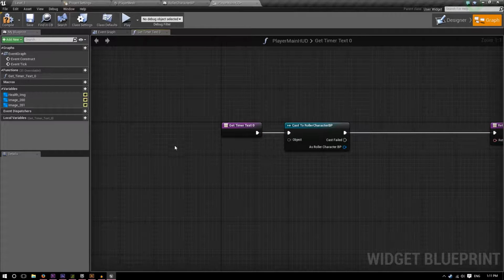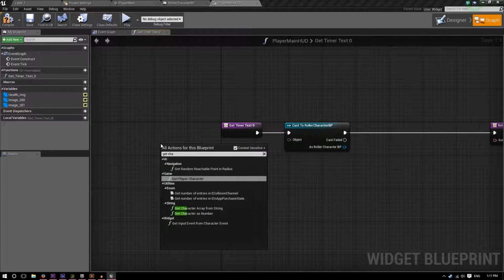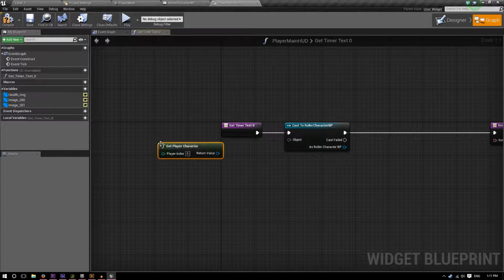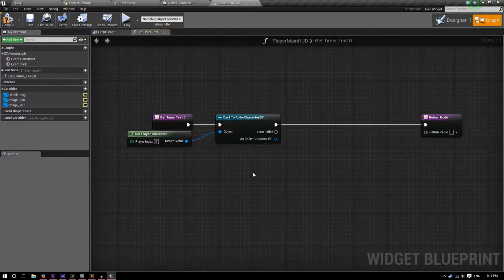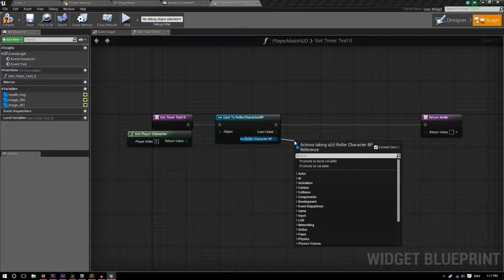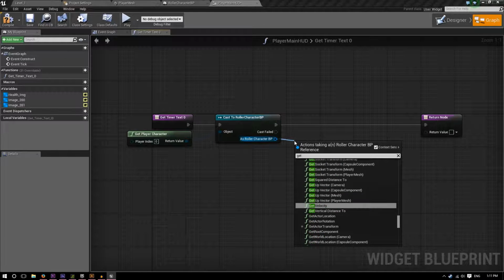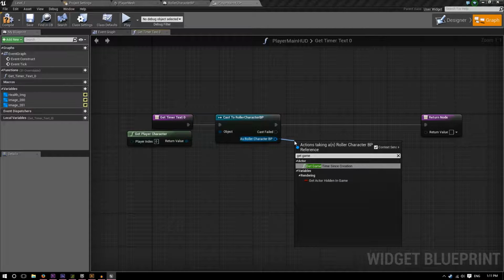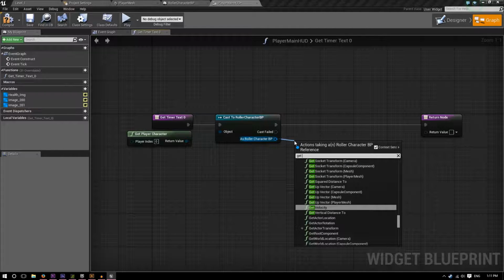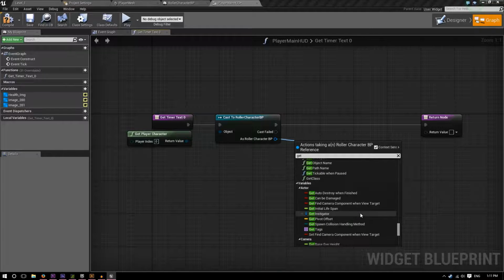Get. Oh my goodness, level time, there we go. Drag this out, get level time. This level time we convert into a float, and then we put it up. Compile,